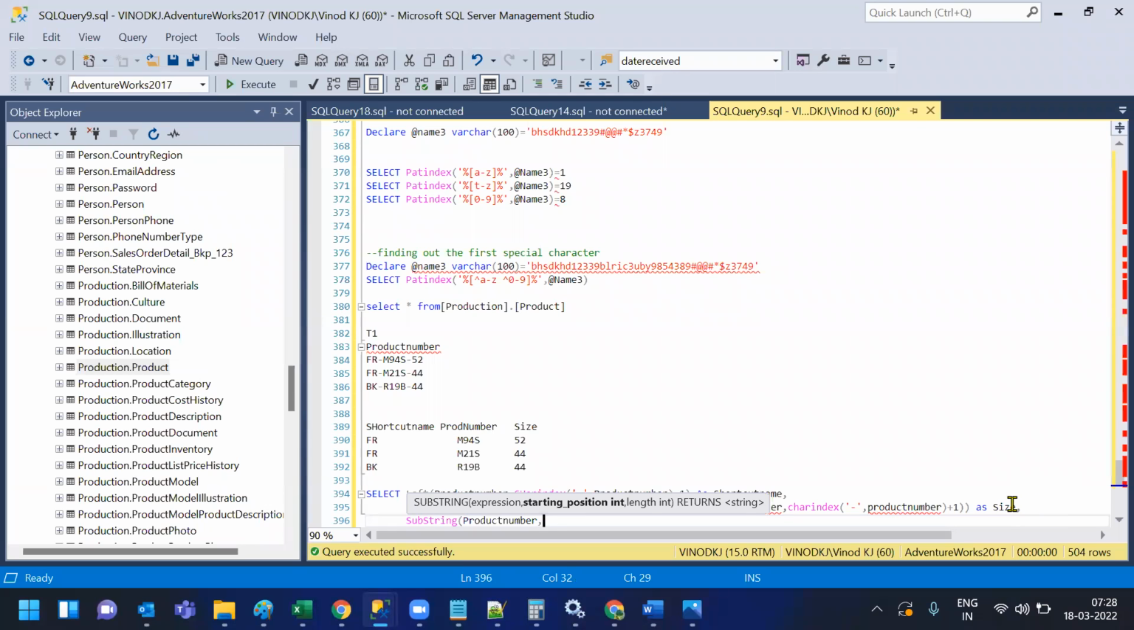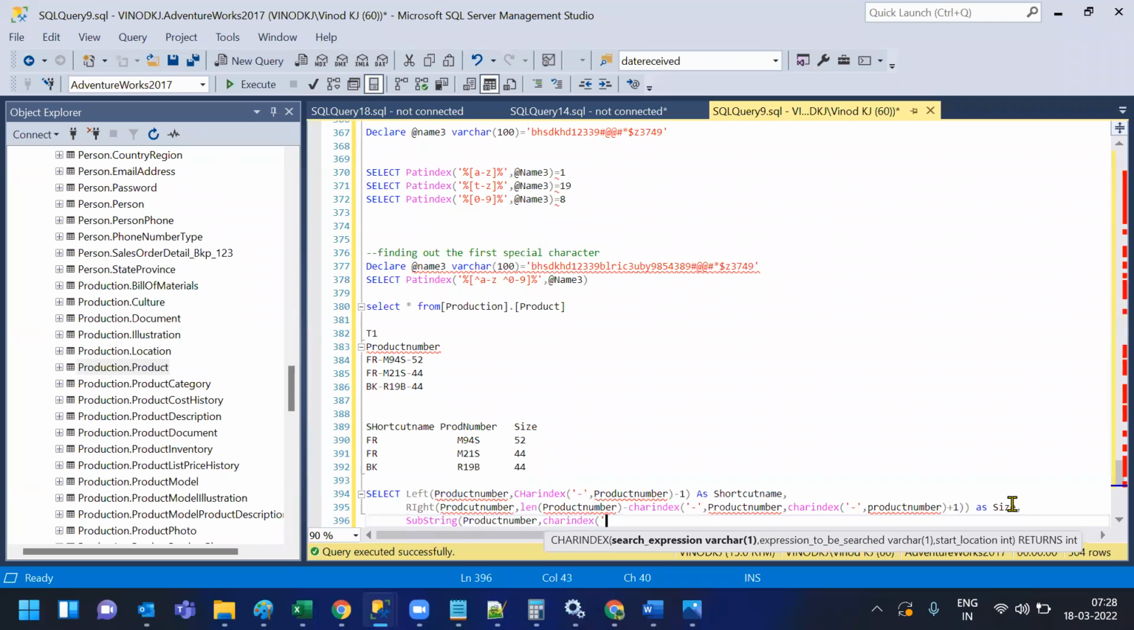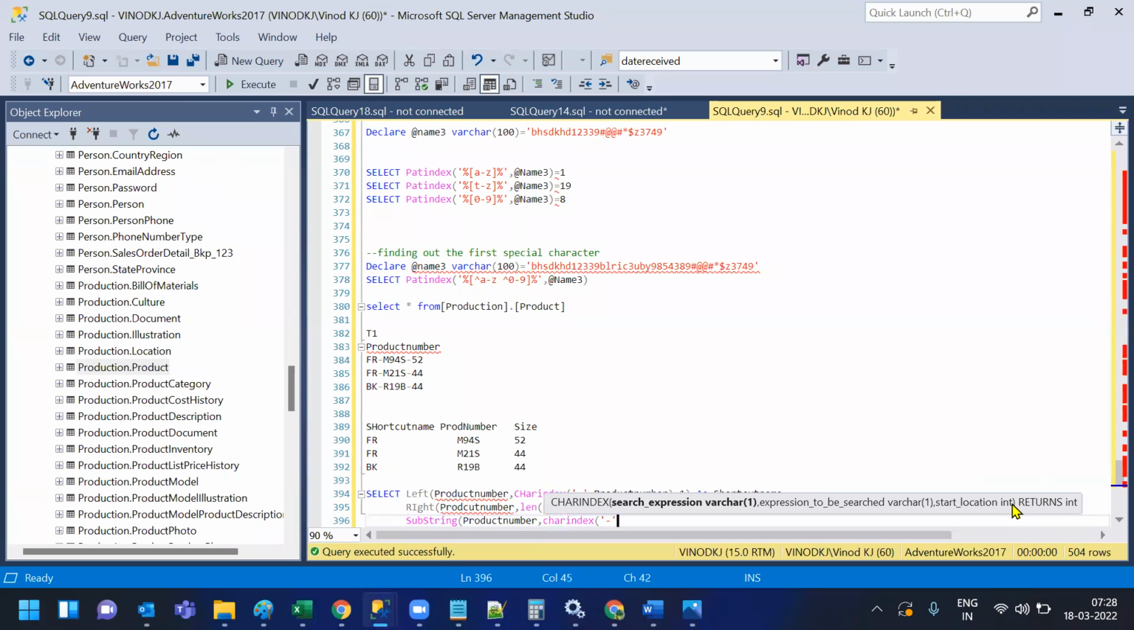Comma, char index, open brace, hyphen within the single quotes, comma, product number, close brace. Okay, comma, char index,